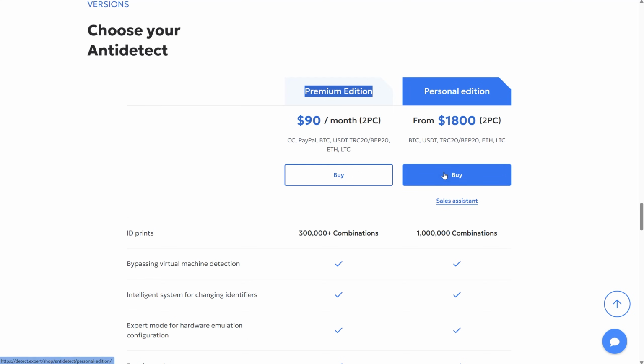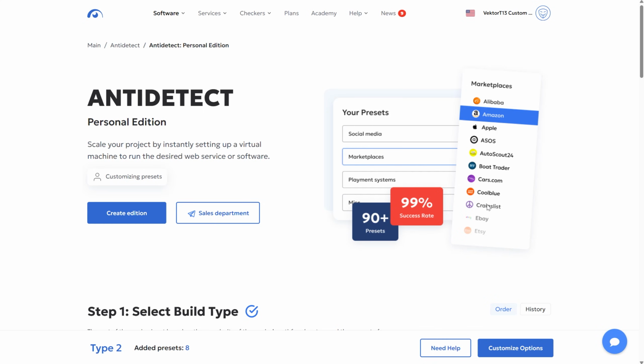What is Personal Edition and what types of it are available? Historically, Personal Edition is a version of anti-detection which was created individually for each user. At the moment, we have simplified this process. And how does it work? There are two versions of the Personal Edition: Personal Edition and Personal Edition Core. How do they differ? When a user contacts us to purchase software, a separate profile is created for this user with his data.